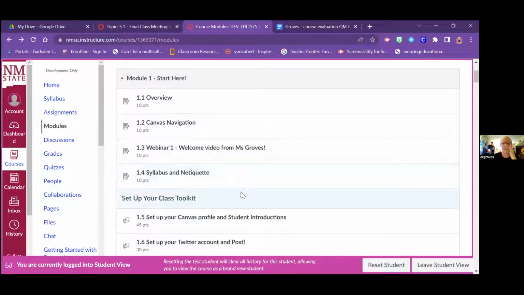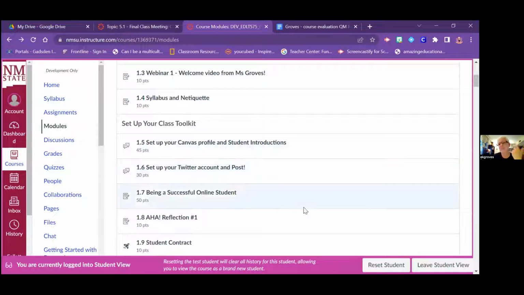And so I think it was last year, our teacher said, if it's important and you want them to read it, put some points behind it, because otherwise they're going to skip over it and be done with it. So if we want them to read the overview, we want them to do all the stuff, just add some points. And I think that really encourages them to actually do their stuff.